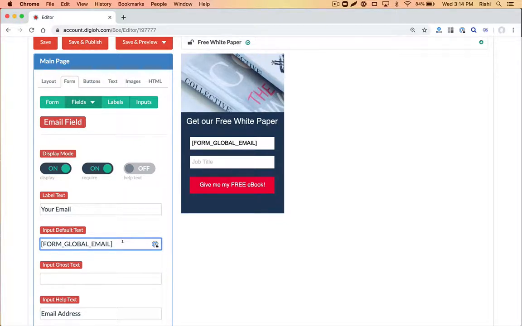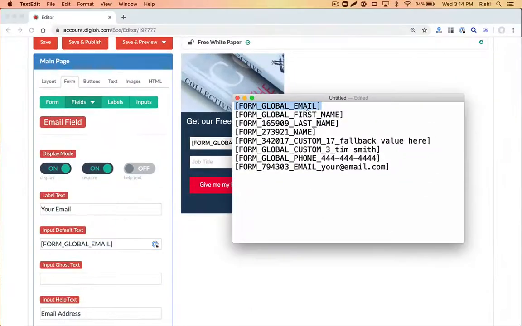Now, remember, it's not just an email field. You can do any field. So it could be, for example, the name field. It could be a custom field. It could be really anything. And then you can also do fallback values. This is a really good thing for potentially custom fields. So maybe there has to be a fallback value if you don't find anything. You could just add it with an underscore and the fallback value. Very powerful thing if you have a series of forms and you want to capture more information after you ask